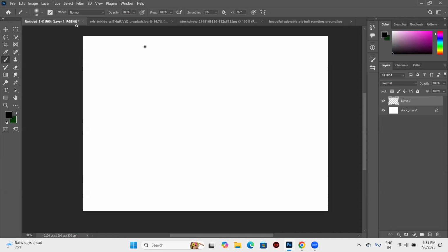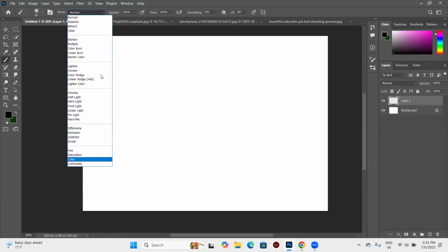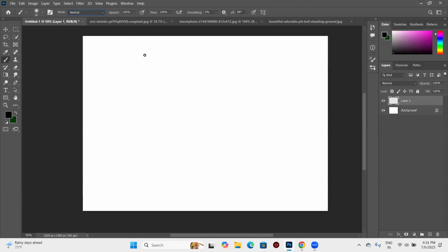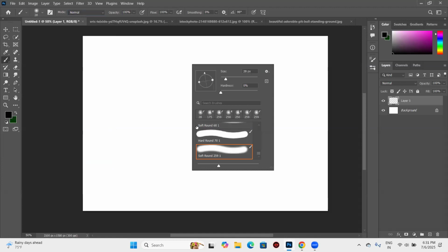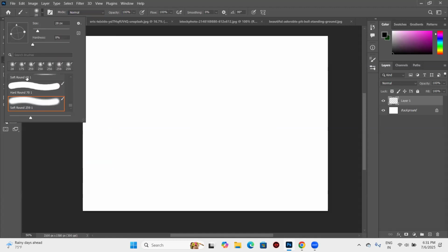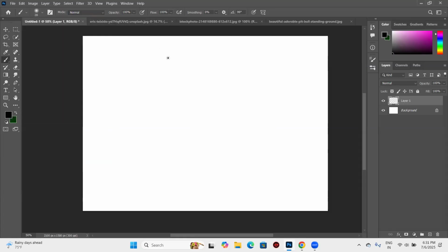So this was a very small tool. Go through it once, those are the options. Over here you can see we have learned all these two modes. So yes, this is the brush tool. You will right click and see all the presets, or else you will click over here. Here also you will see all the presets of the brush tool. Okay, so we'll move ahead